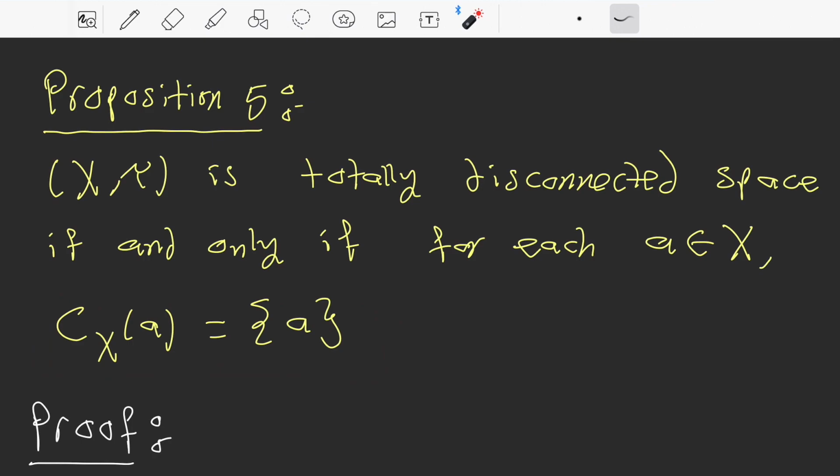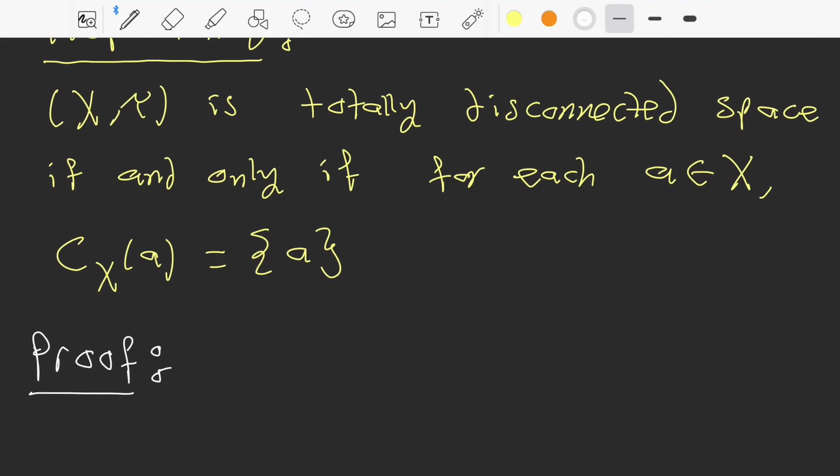Also the converse is true. If the connected component, which is the largest connected set, is only a singleton, of course we expect that there is nothing else, then the space will be totally disconnected. Nevertheless, even though proposition number 5 is easy to understand,